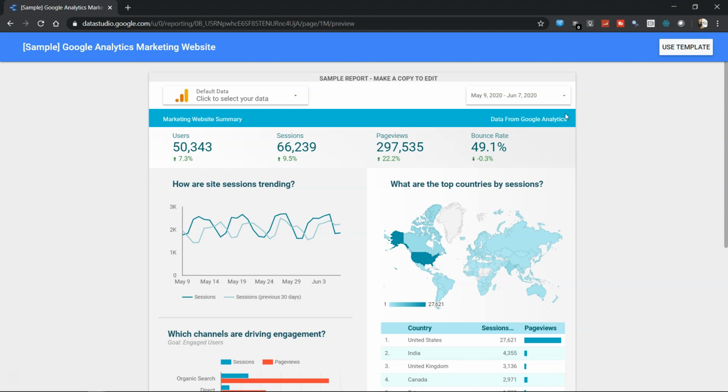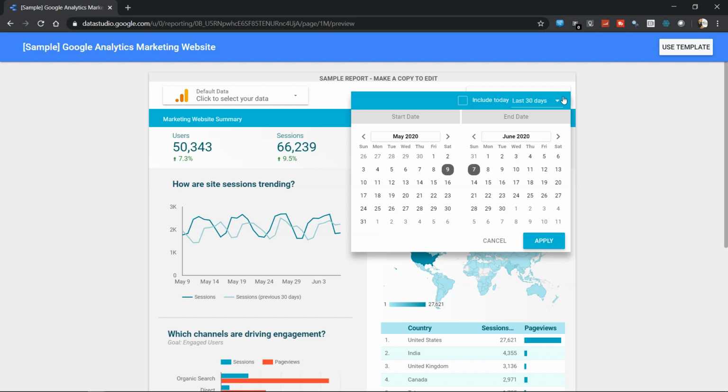Apart from this, you have another filter for interactivity, which is related to the date. Generally, you find this type of filter in any Google Analytics or any Google product, where based on the date, you can see how many users are coming, how many sessions they are interacting, and information like that. So you have two sections over here. One is the start date. So for example, if you want to explore from 1st of May to 31st of May.